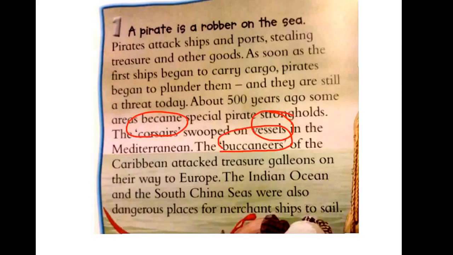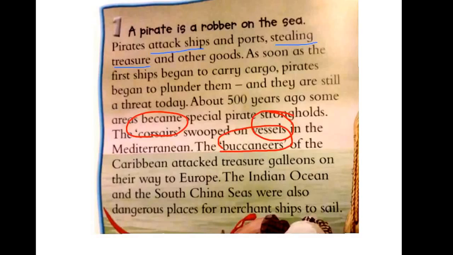Alright, so we've looked at what some of those new words might mean. Now what we're going to do is select some other words that we can look at, and I'm going to underline those words as well. Those words are going to tell us what we think are the really important words that tell us about what a pirate is. So the first line said a pirate is a robber on the sea, and then we go into that in more detail. So we have here that pirates attack ships. We have that they steal treasure,